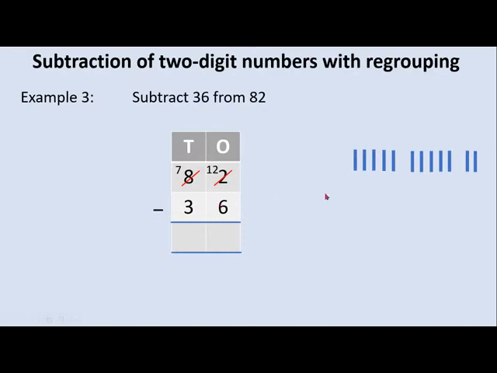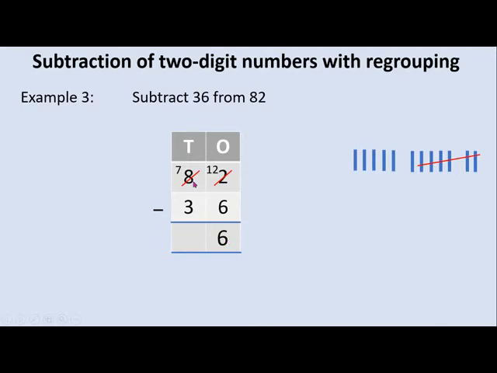We have to subtract 6 from 12. What I do now is count 6 lines from the right, and then cross out 6 lines. Let me count now. Starting from this end, right to left, 1, 2, 3, 4, 5, 6. So I will cross out these 6 lines and count the remaining lines which are not crossed. 1, 2, 3, 4, 5, 6. And hence I will write 6 here. This means 12 minus 6 is equal to 6.